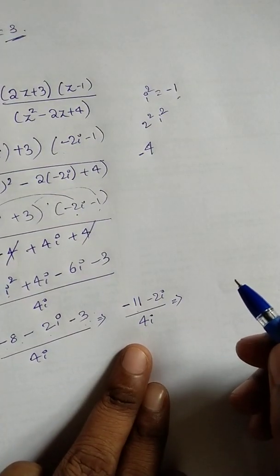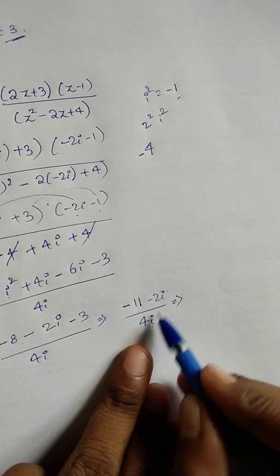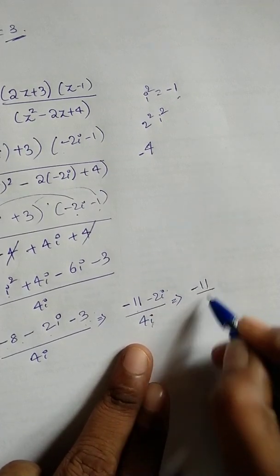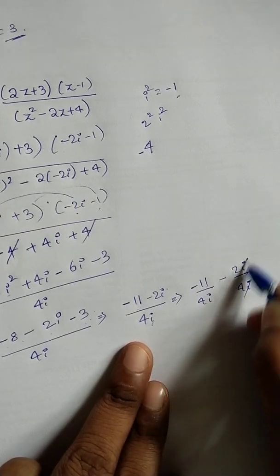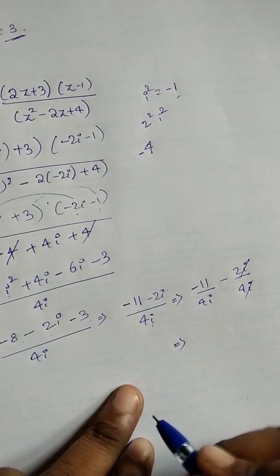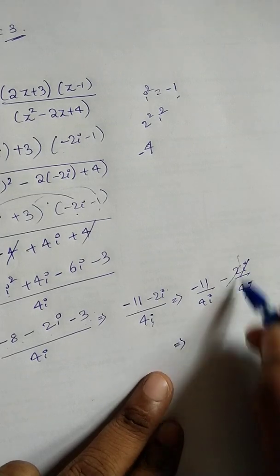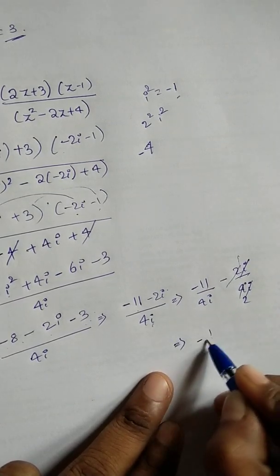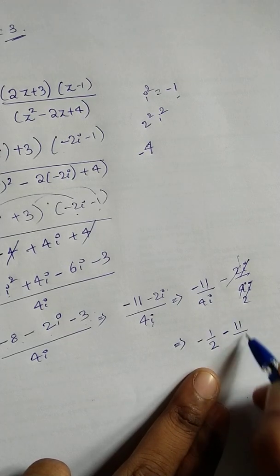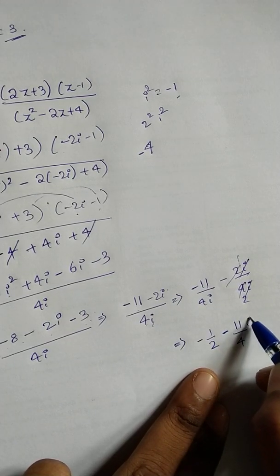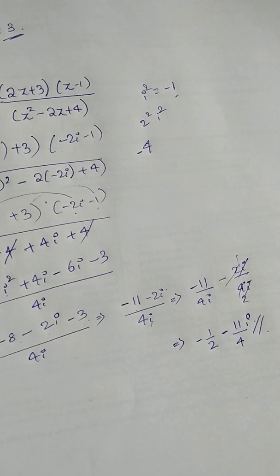So our equation will be minus 11 by 4I minus 2I by 4I. Here I gets cancelled. So this equation we can write as 2 ones are 2, 2 twos are, minus 1 by 2 minus 11 by 4I. So this is our